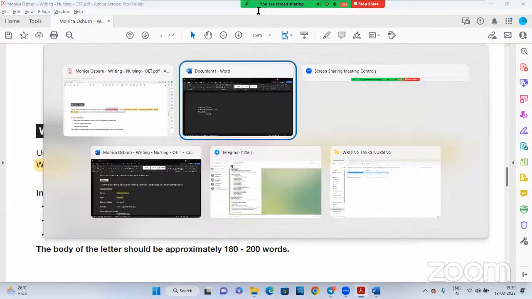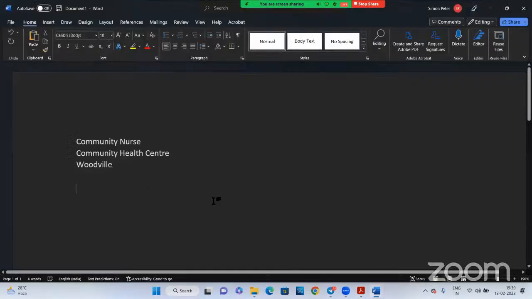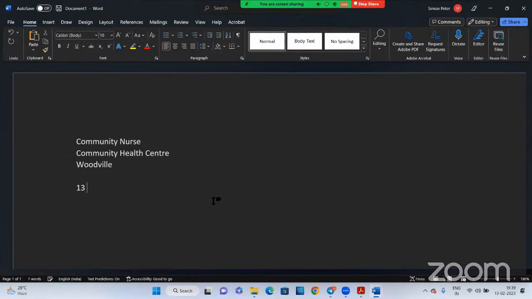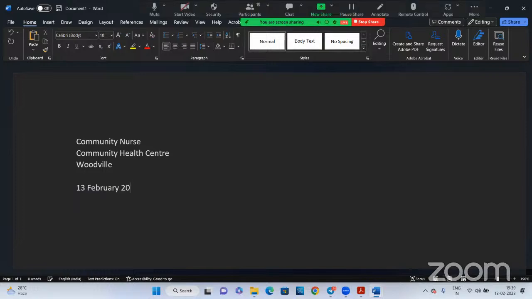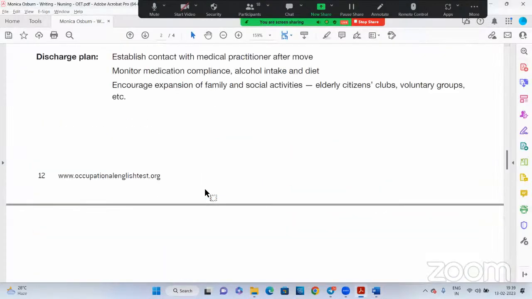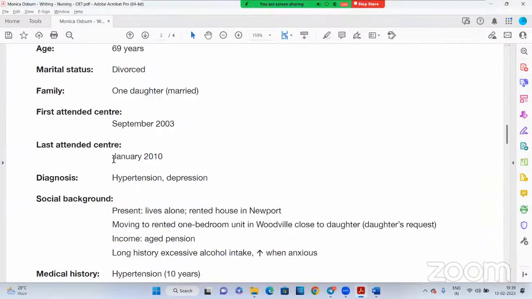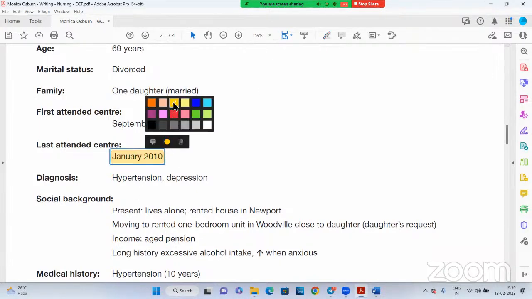So next one, you're writing the date, write today's date. So 13 February 2010, because this letter is 2010. So last attended January 2010, so February. So we are writing today's date, that's all. Year, same, let it be the same. We cannot make 13 years difference, so let it be like that. Only the month we're changing. But on the exam day, you'll write the day of the exam date, that's all. So this is relevant information. This is last attended, and you are writing after that.